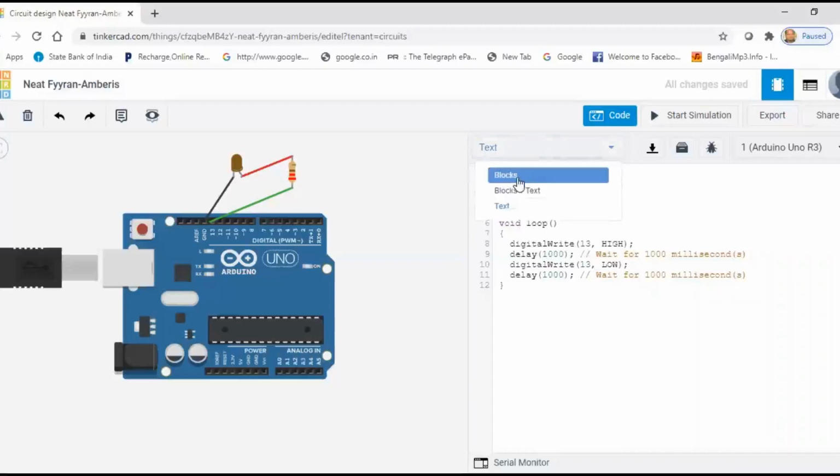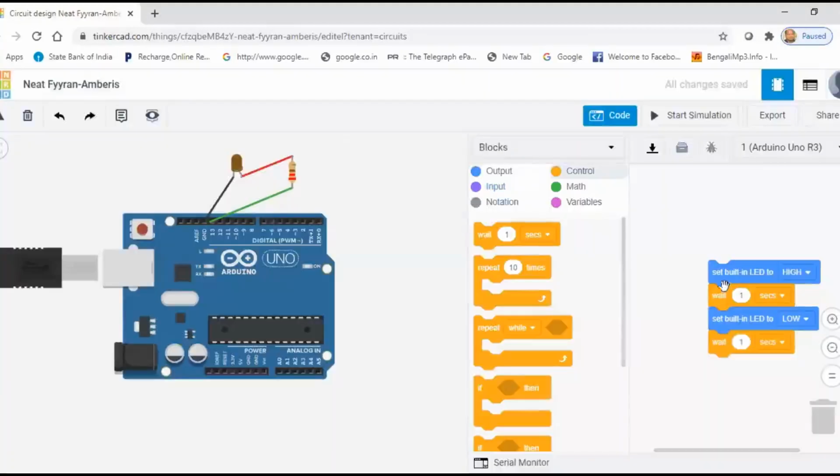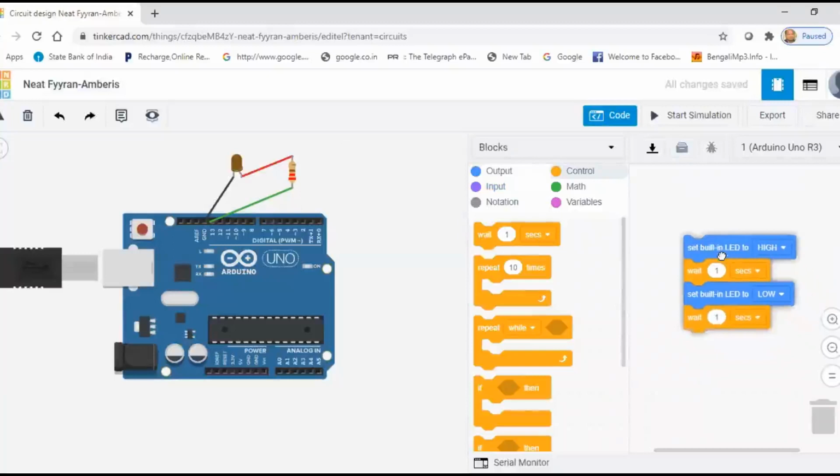Then we click the block mode again. So this is our program in graphical mode. Now if we start simulating, this LED will glow and then turn off, then on and off, a continuous on and off glowing of this LED.